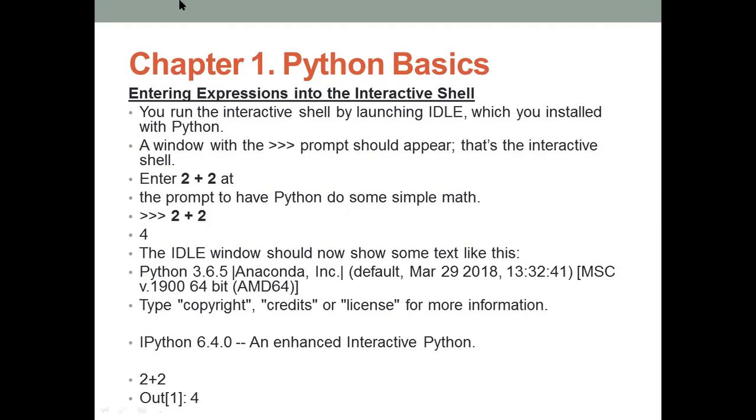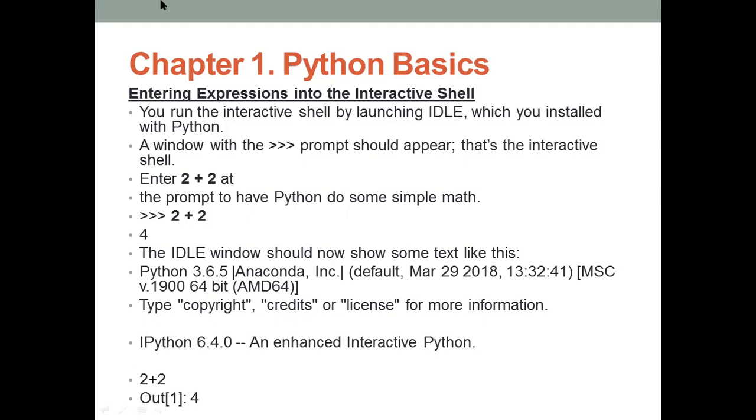Now I will show you how to install the software, which software we are going to use, and then how to type a program, how to write the Python program, and then how to execute it.